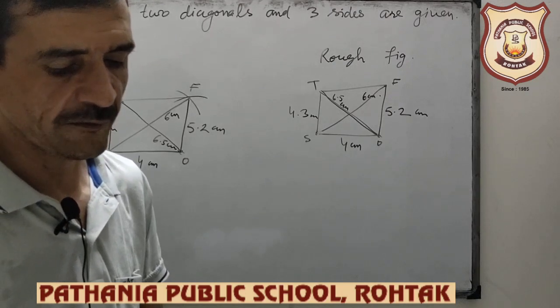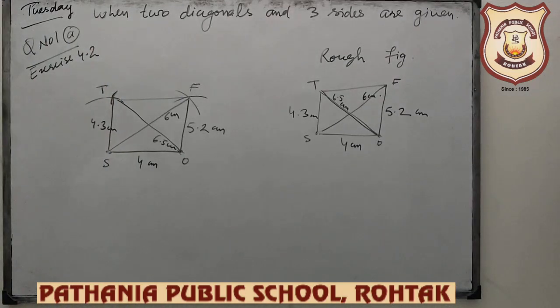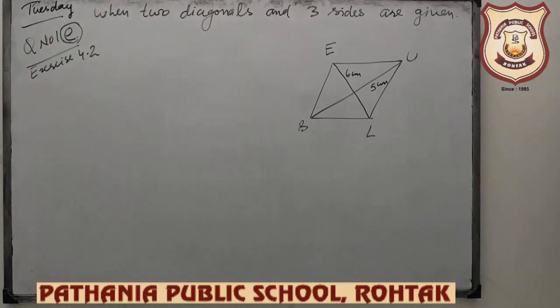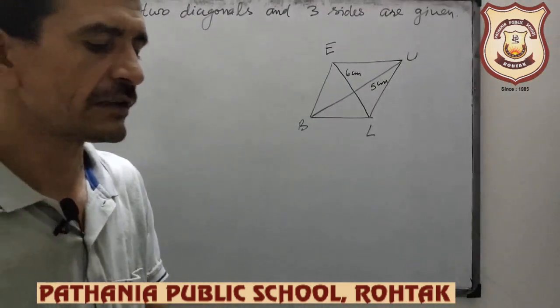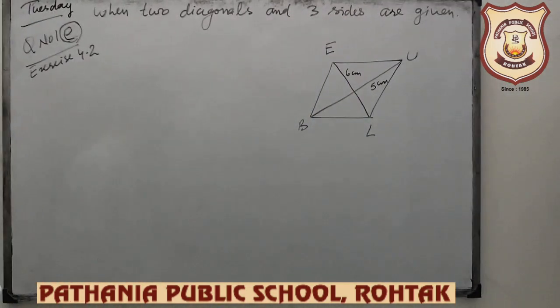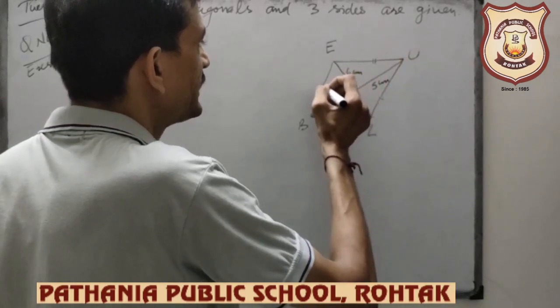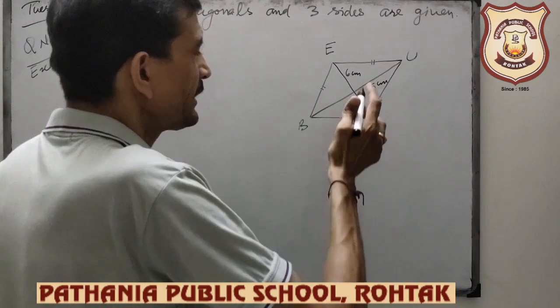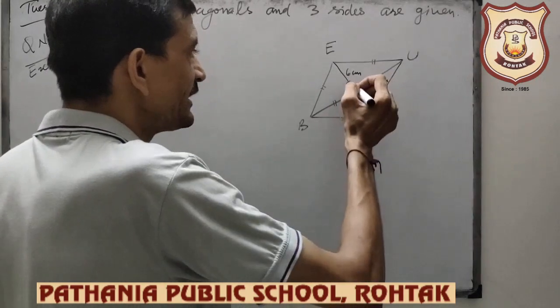E part, I want to discuss the E part. That is what? Draw a rhombus BLUE. Listen beta. This rhombus we are going to construct, BLUE, in which both the diagonals are given, side is not given. So we know that in a rhombus all sides are equal, no use of side. I don't have any use of the side, nor do I have the side's length. But we know that the diagonals bisect each other at 90 degrees.